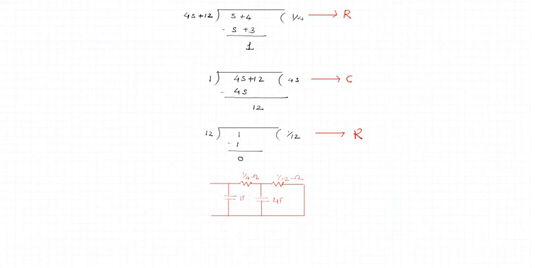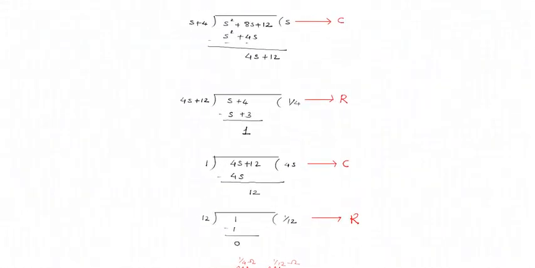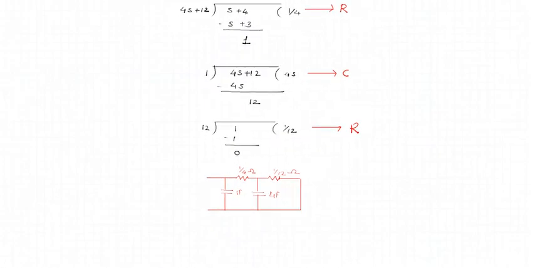After which is the resistive element of value 1 by 4, which is an impedance element that should appear in series. The third element is again an admittance element, the capacitive element which appears in shunt. And the fourth element is the resistive element, the impedance element that appears in series. This is the way we have obtained the circuit for the given transfer function.